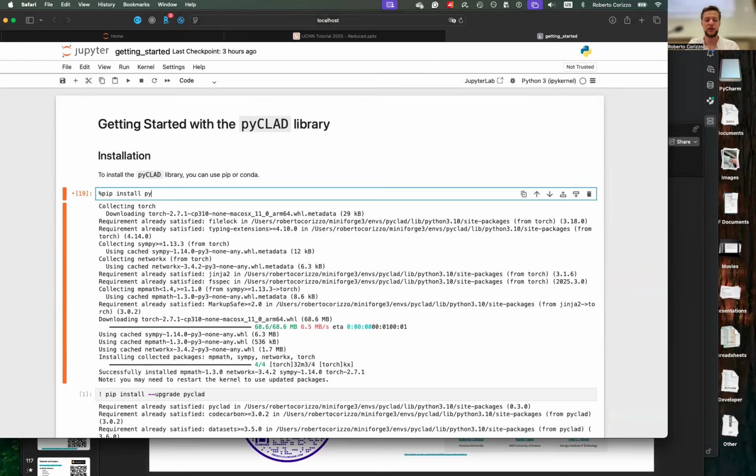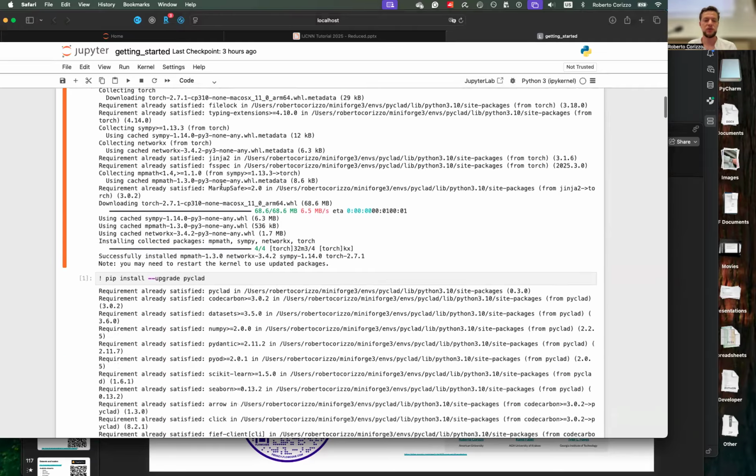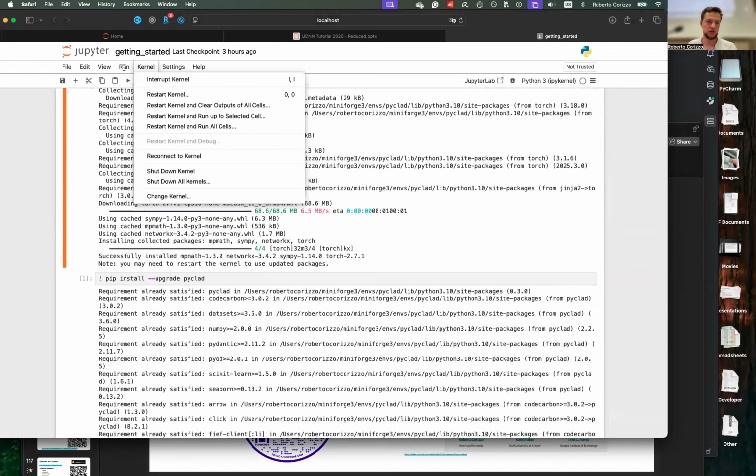Basically, pip installed pyCLAD. We also installed PyTorch before. And when we have pyCLAD, we can do,